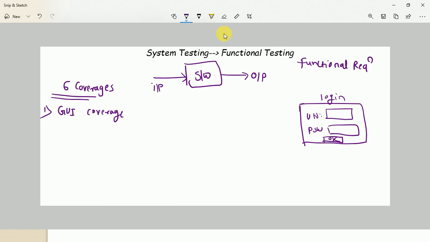Clear? So what are these? These are nothing but controls through which the end user can interact with the application. Clear? So GUI stands for graphical user interface.